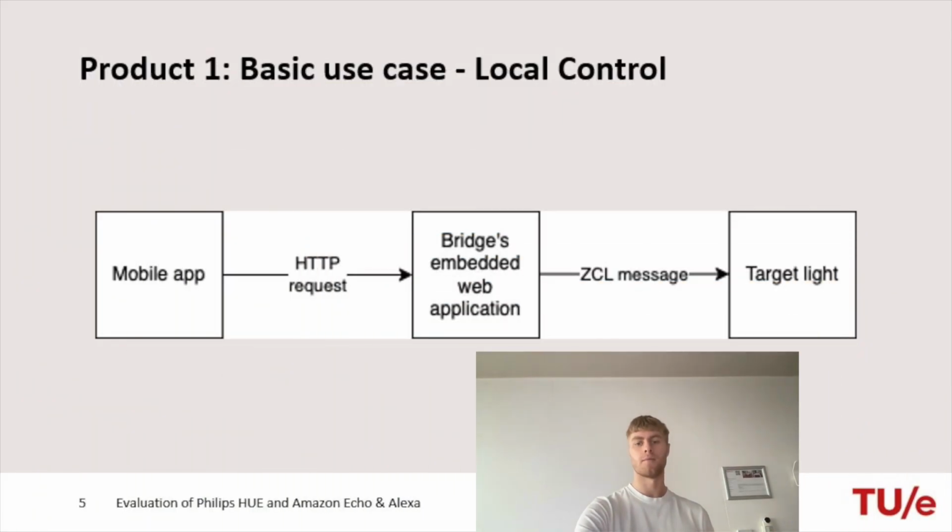For the local control, the app sends the HTTP request to the bridge. The bridge then translates this into the ZCL message and transmits it wirelessly to the light. This local path is very optimized for performance, designed for a latency under 200 milliseconds. However,